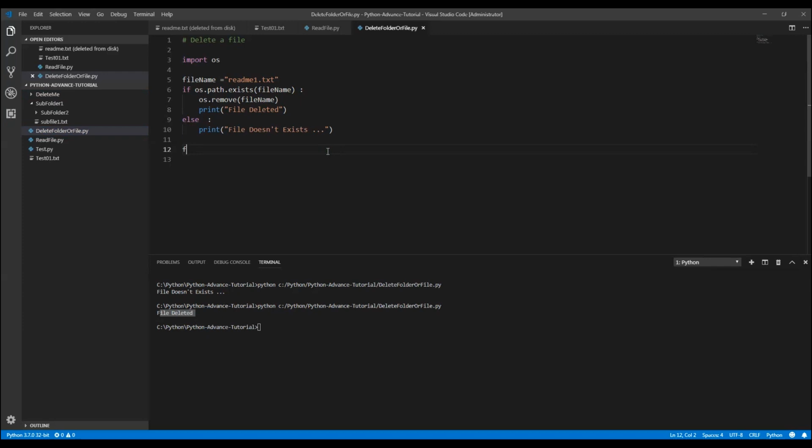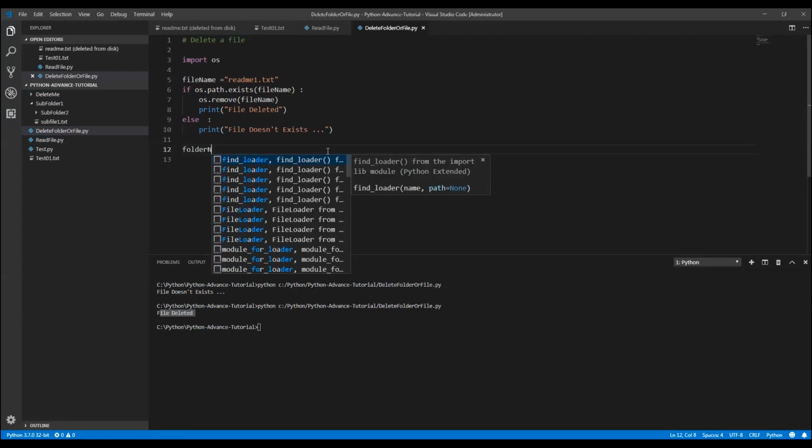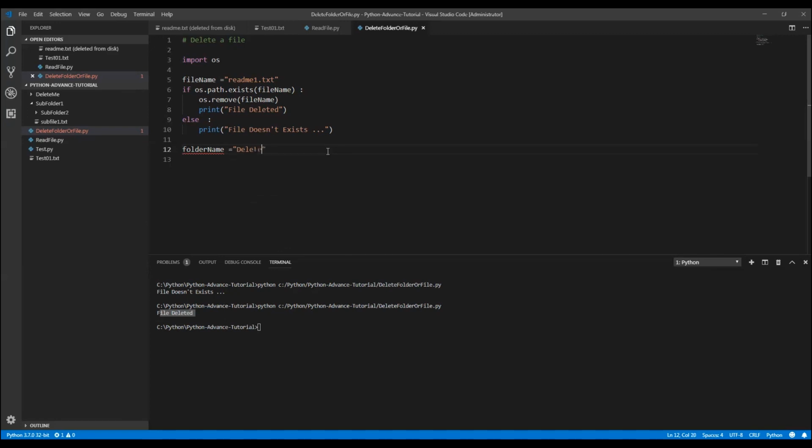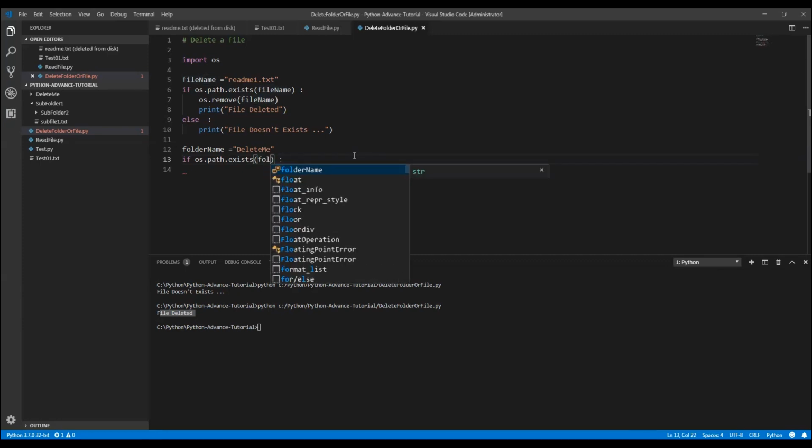So I have folder name equal to delete me. We can use the same logic. Folder name, and